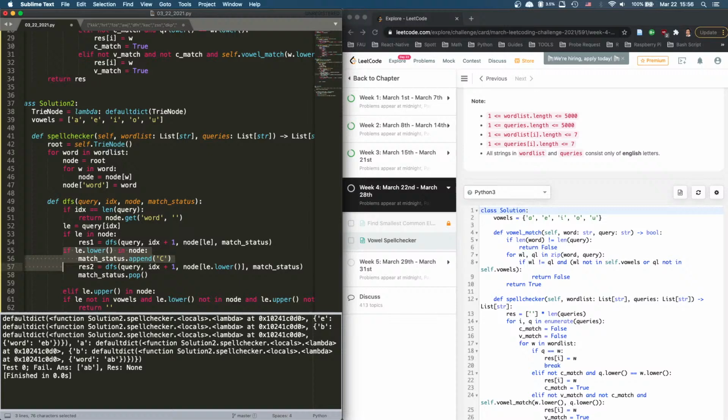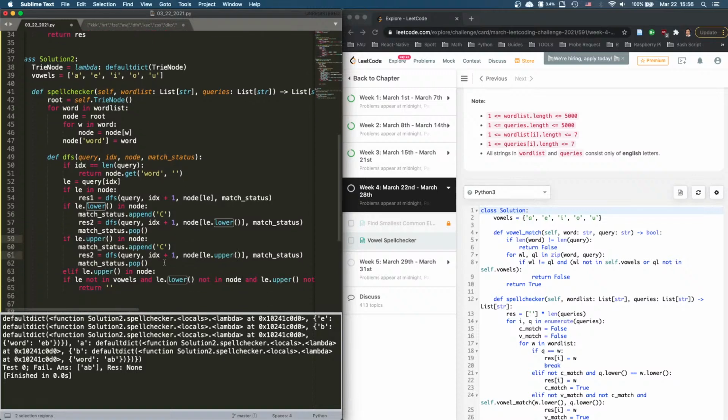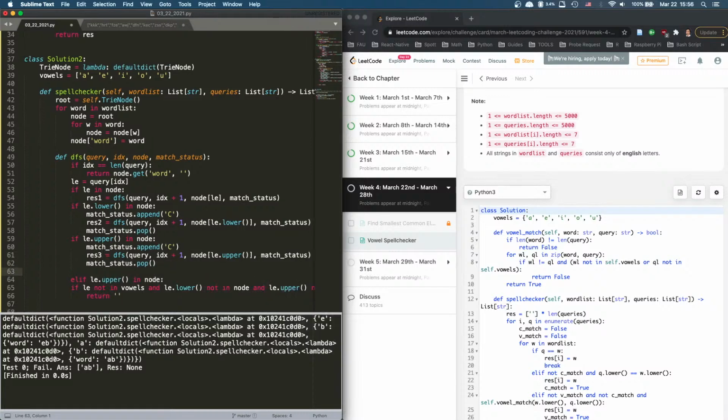Then it's the same thing. If it is in it, if it's lower in it, and this is going to be upper, right? This can be upper in it. Now what we're looking at is, so this is going to be result 3, right? So we have no result. It could be it's not in there. So